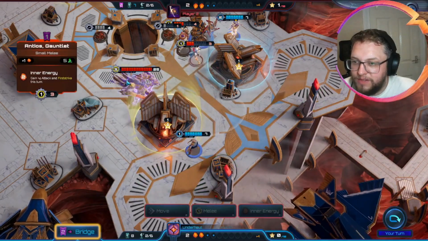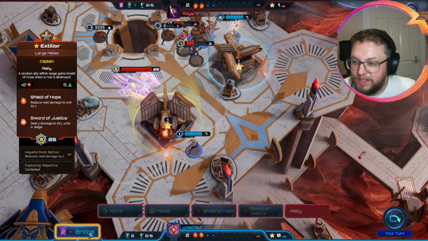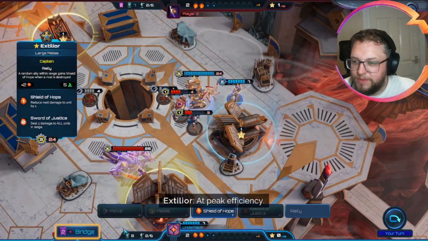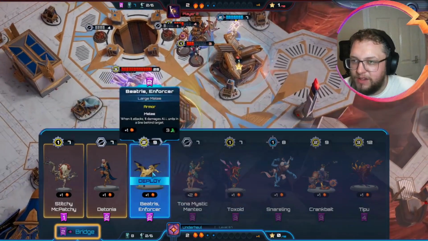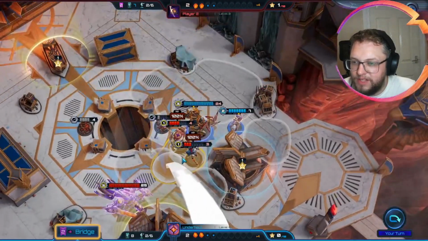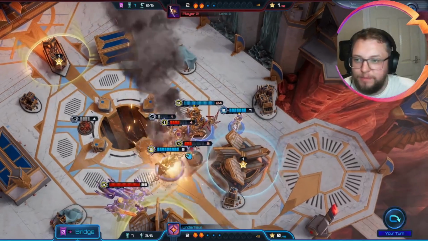We are now out of range of that. We're out of range of Extilior except the spin. And we're in a pretty good position all in all. And we can play something to follow up here. And honestly, looking at this, I'm going to play Beatrice, use our big tank, and try and block things off